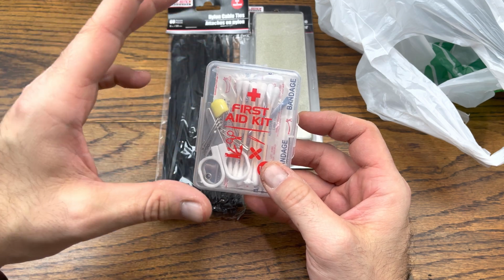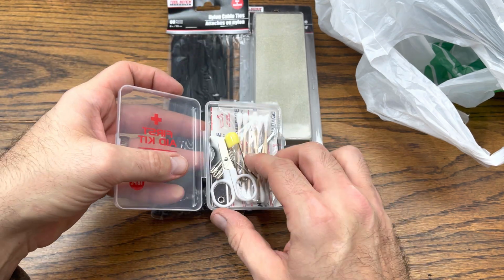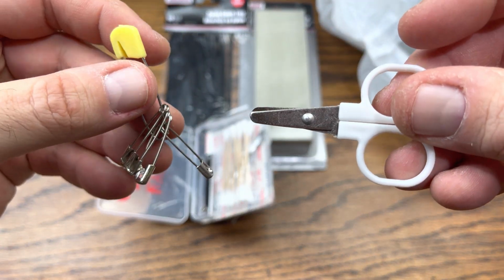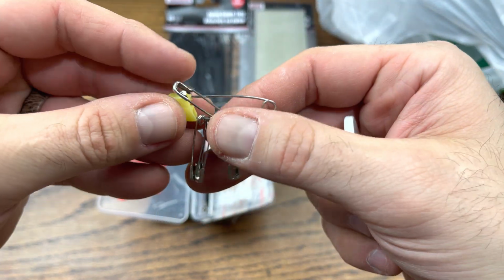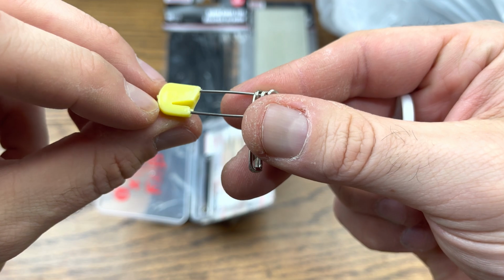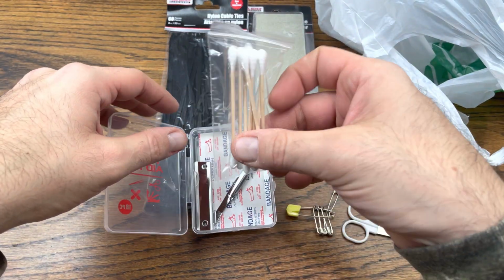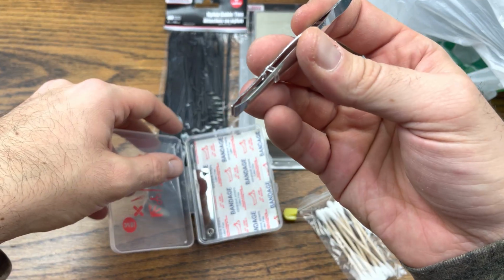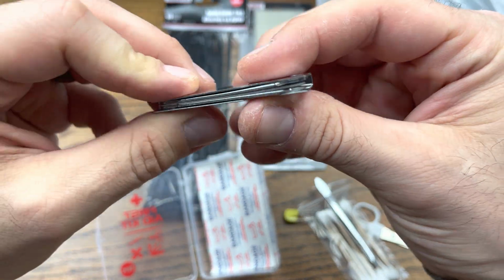But this one I saw by the front register, which, again, gives us a redundancy because in our sewing kit, we also had safety pins, and we also had these little scissors. So we have another pair of scissors and some safety pins and a larger safety pin right there, which is great. And they already have gear hanging from it, which is awesome. It's got some Q-tips in here, tweezers, which you can do a number of things with, like pull out splinters, which is great. And then it also has a little multi-tool in here,